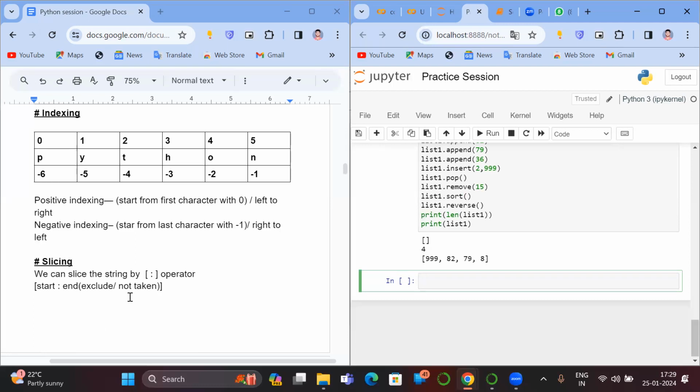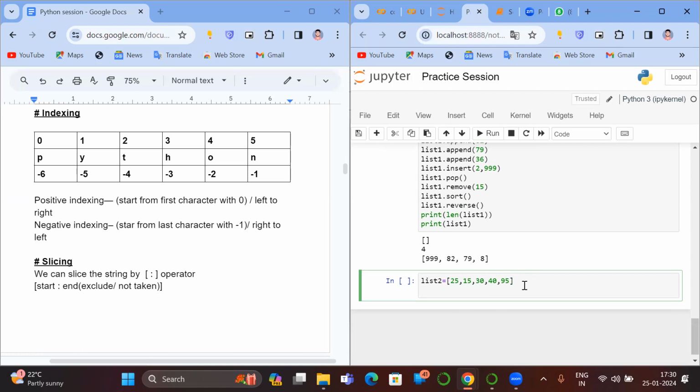You write it with the square bracket operator, and you can write the start value and the end value: from where to start the slicing and where you want to end the slicing. That's why I create one list. list2 is equal to, using square brackets, the values 25, 15, 30, 40, 95. I take 5 values. Now, anyone tell me how can we print the first 3 elements